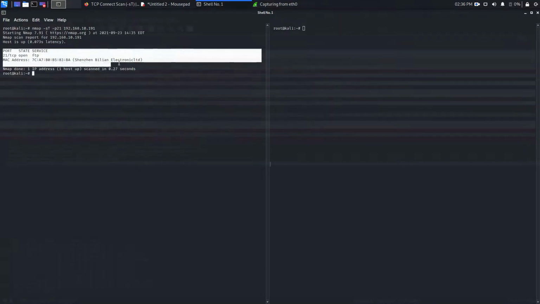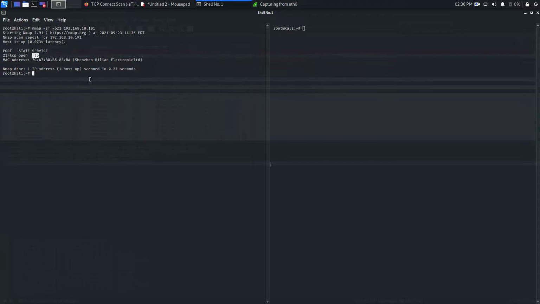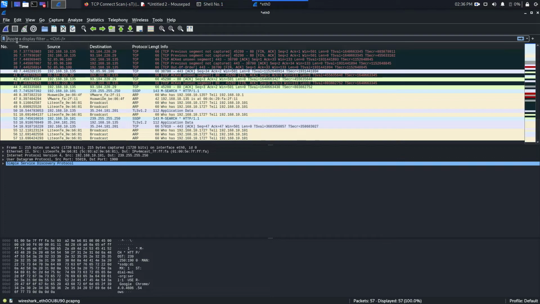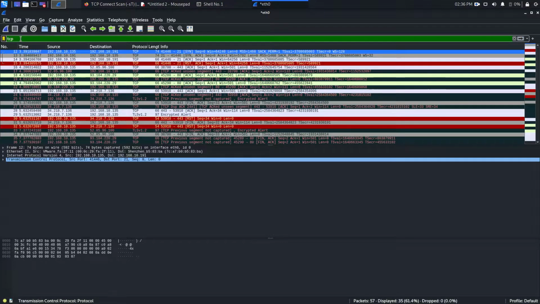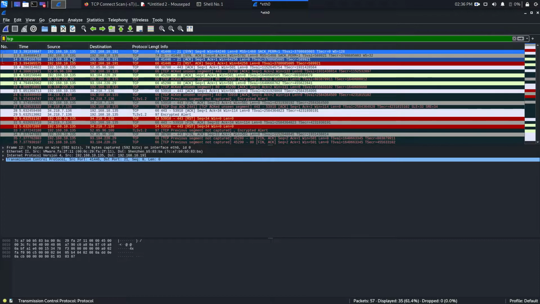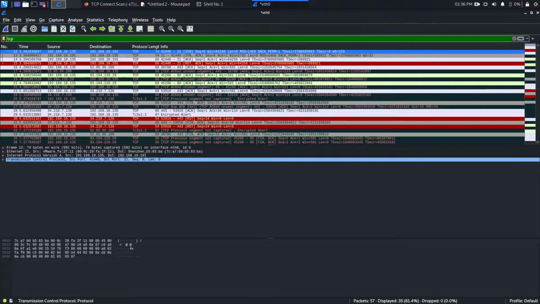As you can see, it finished the scan process and gives you the result: the port is open and the service is FTP. Now go back here, stop the scan, and in the filters I just say I want to see only TCP packets. Oof, a lot of packets are there. Okay, but you can see this section, the first 4 packets. So what is happening here, I want to make it clearer, just wait a moment.